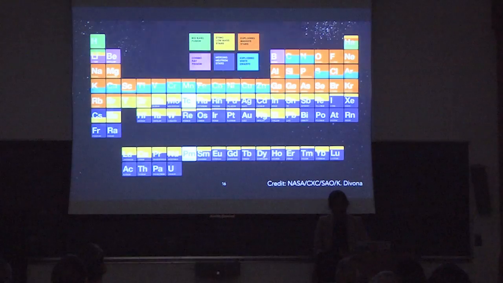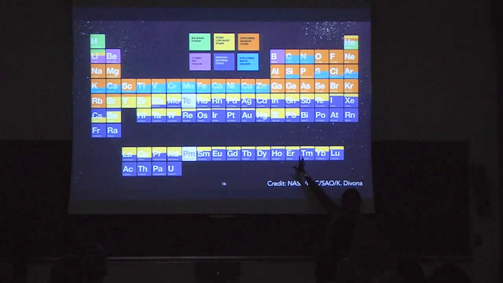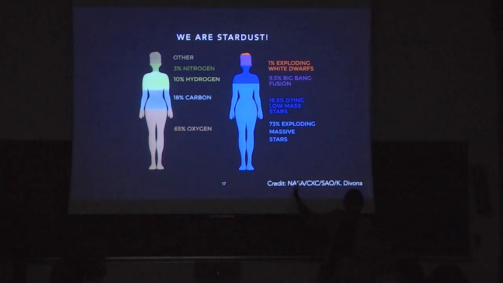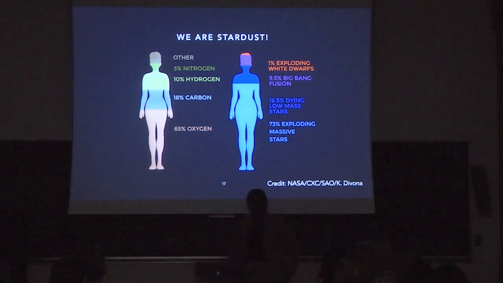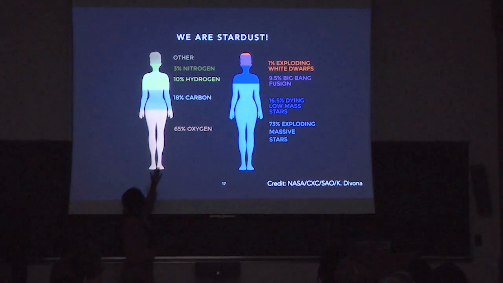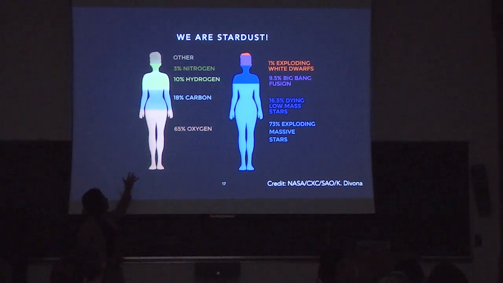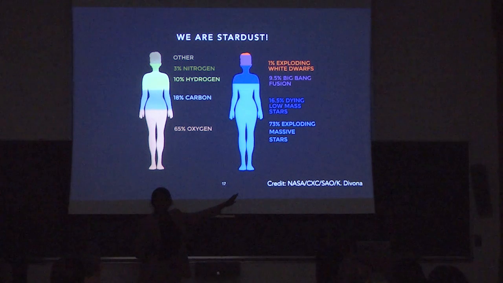Okay. So with this periodic table of the origin of elements in mind, we can look at our own bodies and we can think about what we're made of. This is a typical composition of a human body. We're mostly carbon, oxygen, hydrogen, nitrogen, with a smattering of some heavier elements, iodine, zinc, and so on. When you look at our cosmic ancestors,